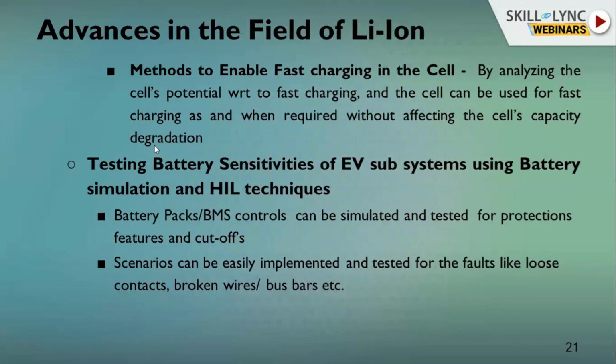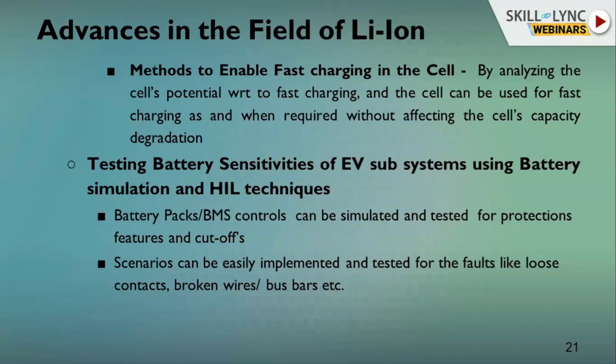And then the testing of the battery. Yes, we have designed a pack, we have made a pack, we have done all the good testings. But the final one is, if you don't pass the testing of the battery pack, your pack is not certified and it cannot hit the roads. So that's the reason the pack has to be tested.